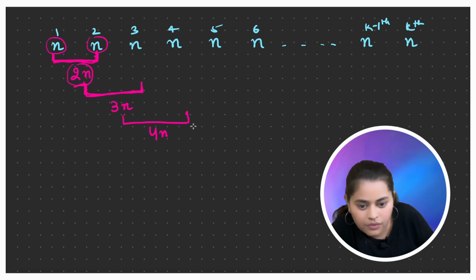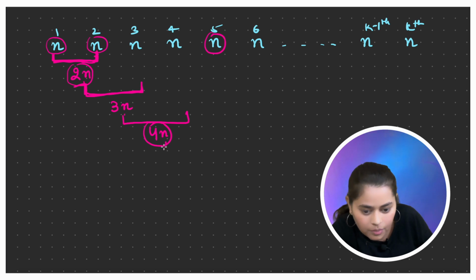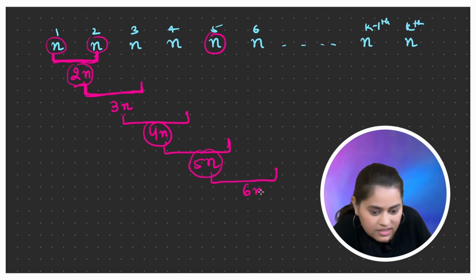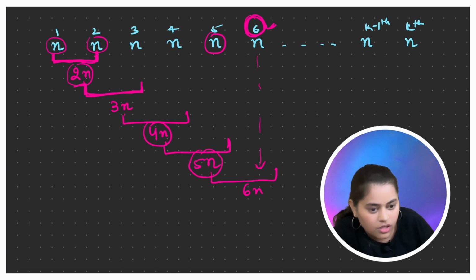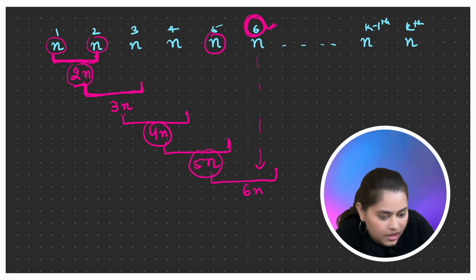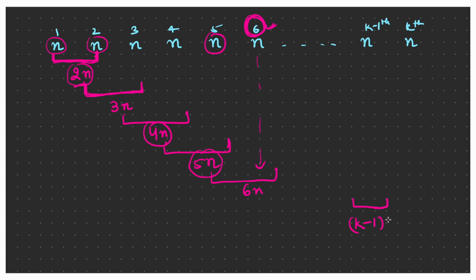Now after this we have a list having 4n elements and a list having n elements. So we'll again merge these two lists, we'll take 5n operations, and we'll again do the same thing with this, and we'll take 6n operations. So now when we are merging the sixth list, how many operations are we taking? 6n operations. Now when we'll be at the k minus 1th list, how many operations will we take? K minus 1 into n operations. And then finally when I merge this list with the last list having n elements, I'll take kn operations, right?